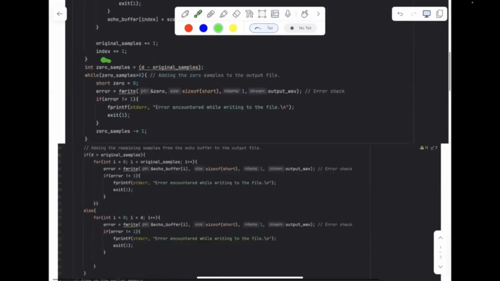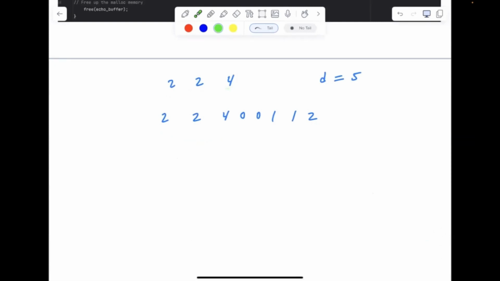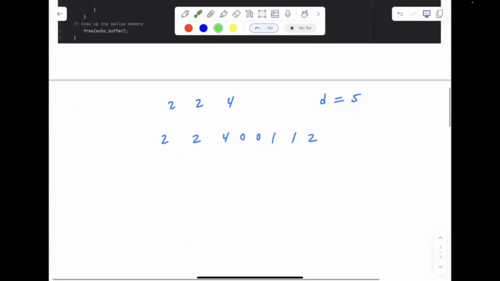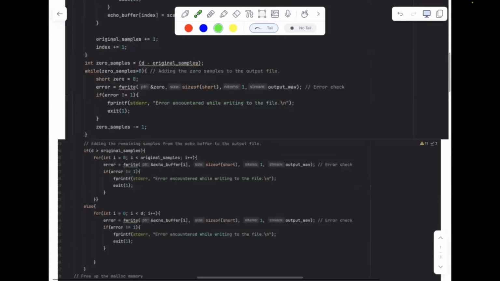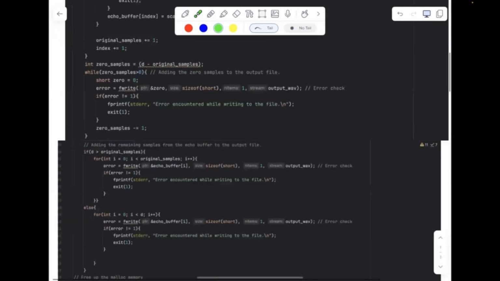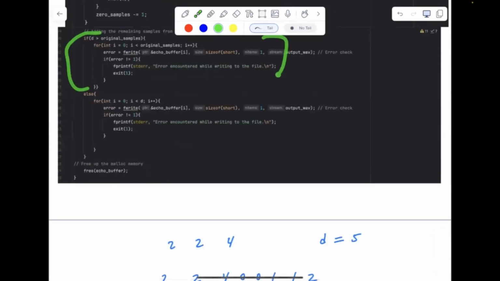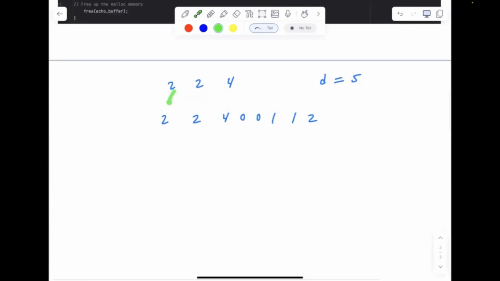And now for the 0 samples part, I will give an example. Let's say we have these samples 2 to 4 and delay is 5. Initially the first part of the code will write these original samples to the output file just like that. Then the 0 samples part will calculate the difference, whatever samples are remaining. So these are 3 samples, delay is 5. We need to write 2 samples of 0 to the output file, which will be handled by this part of the code. And then in the end, this part of the code will write the scaled down versions. So 1, 1, and 2, like if volume was 2, scaled down versions of these